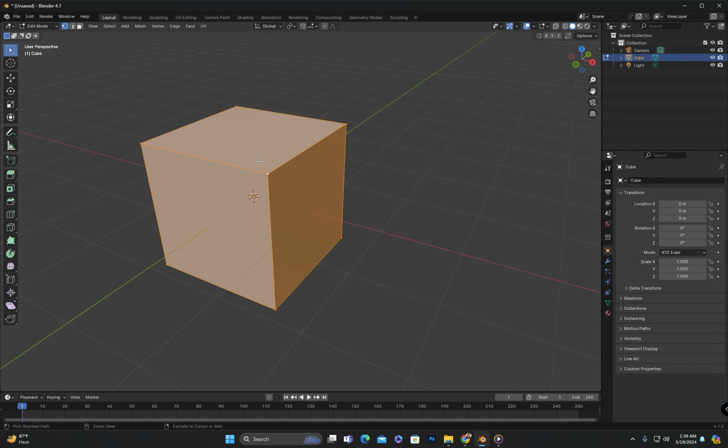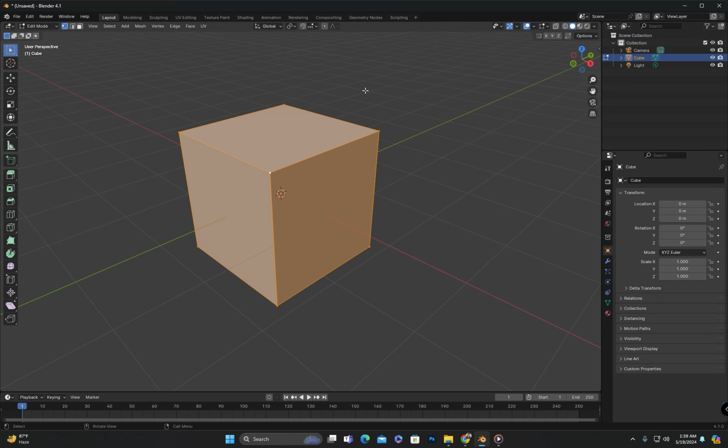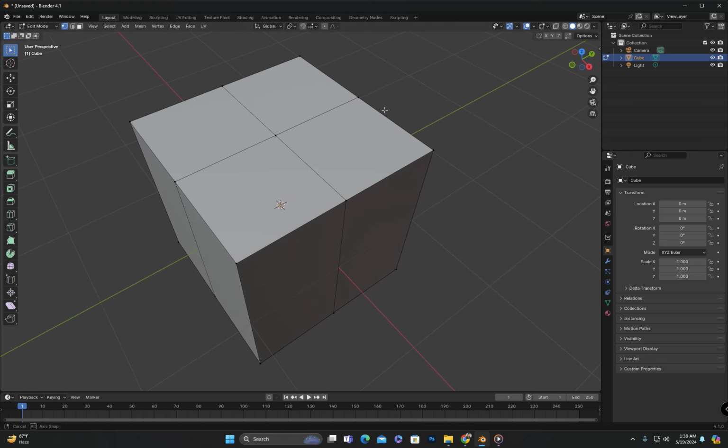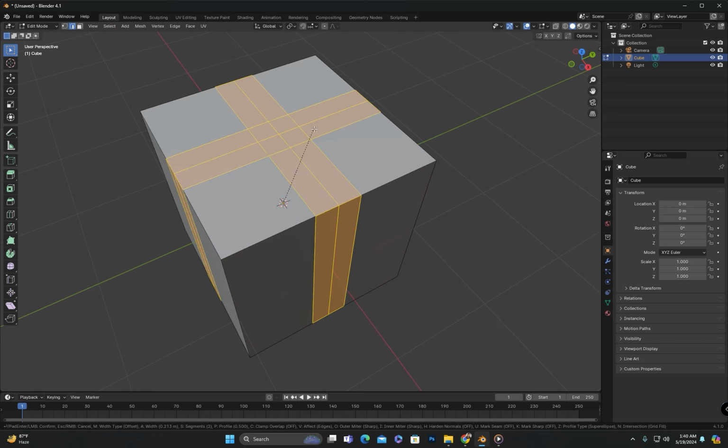Additionally, we can utilize the bevel tool to ensure uniform edge distances when adding new edges to both sides of an object. For instance, if there are existing edge loops at the center of the object, selecting these loops and applying a bevel operation will result in edges being added on both sides with an equal distance between them.